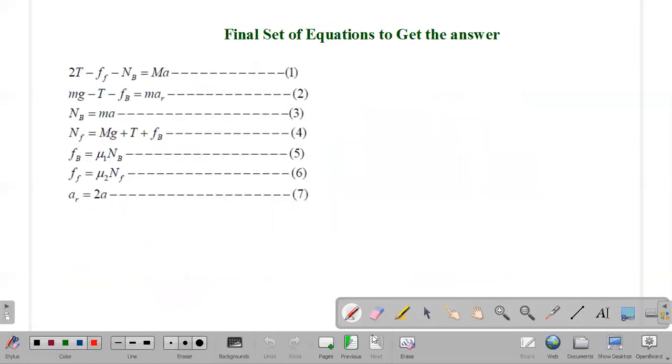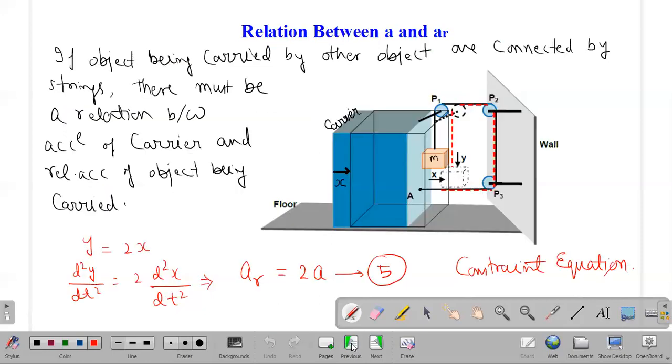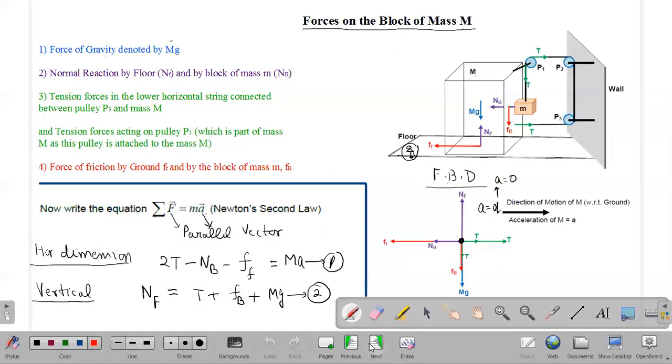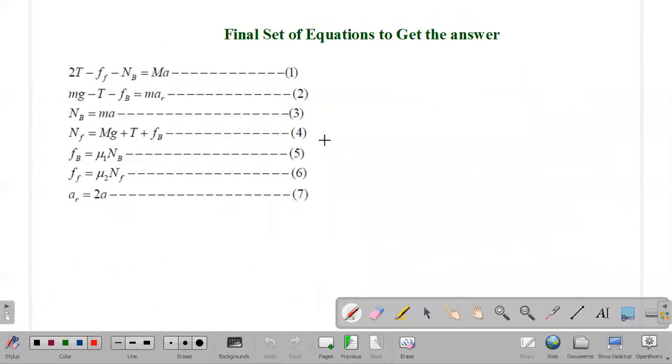Next. So now we are done. We have completed these equations. So finally, I am collecting all the equations at one place. The final set of equations to get the answer is the first 4 equations from Newton's laws of motion, the fifth equation, which is the constraint equation, and the 2 equations according to the law of friction forces. We say that friction is mu times the normal reaction force, and these are kinetic friction forces, since there is relative motion taking place. So the friction forces can be replaced by the coefficient of friction multiplied by the appropriate normal reaction forces.